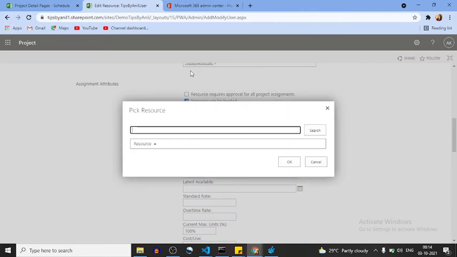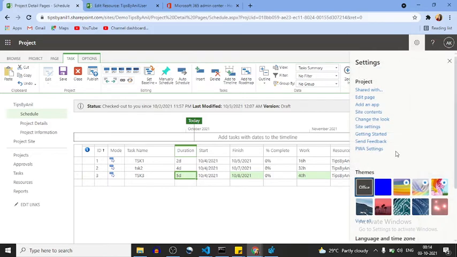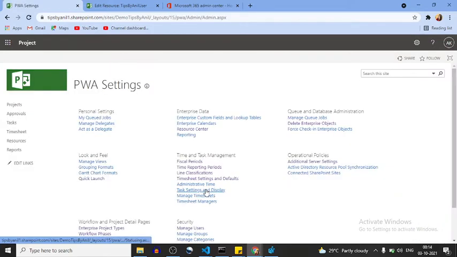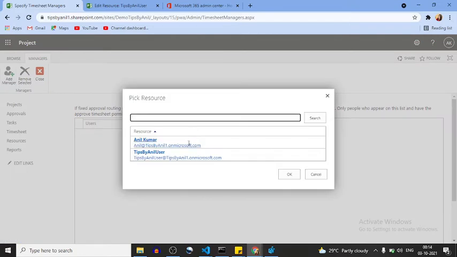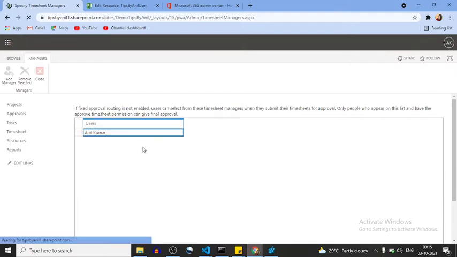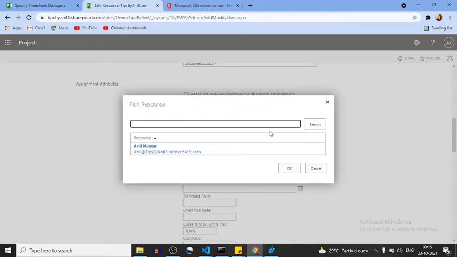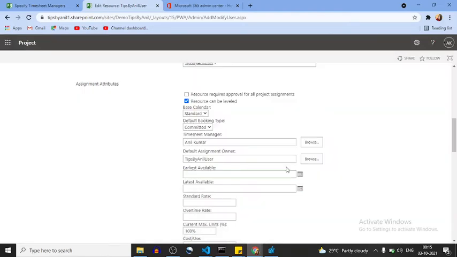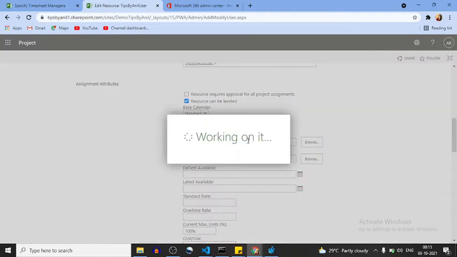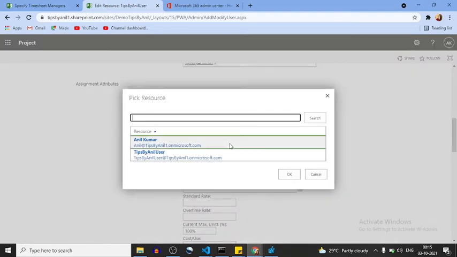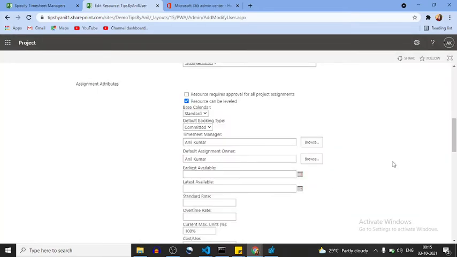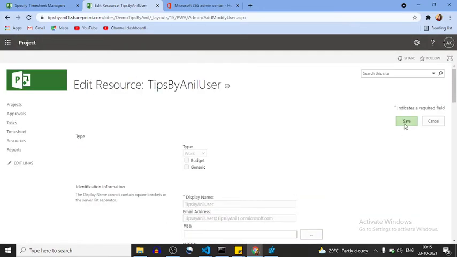Here we don't have any timesheet manager. For that, I'll click on PWA settings, then manage timesheet managers. In the timesheet managers, I'll add Tipsy Anil Kumar as a timesheet manager. I will go in browse and add this user as a timesheet manager and default assignment owner. Okay, click on the save button.